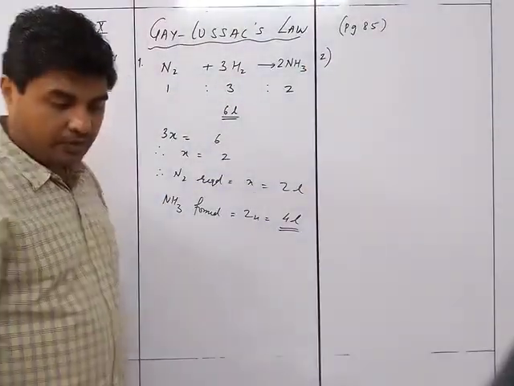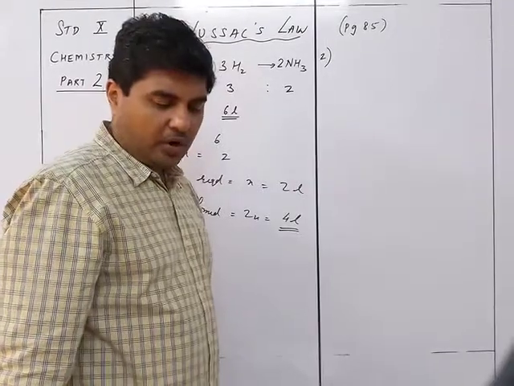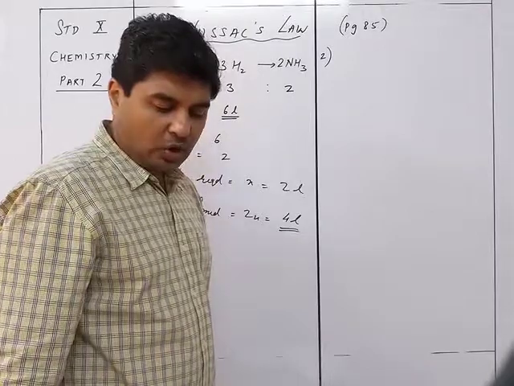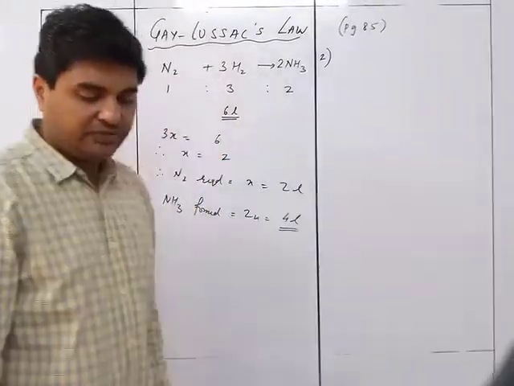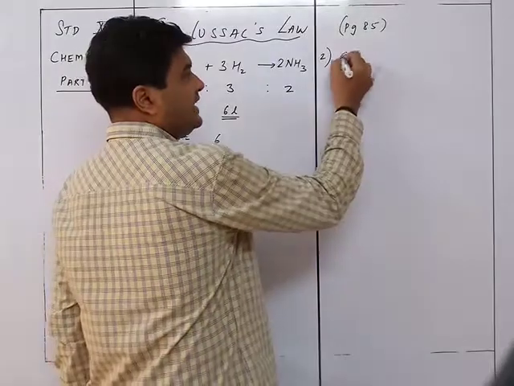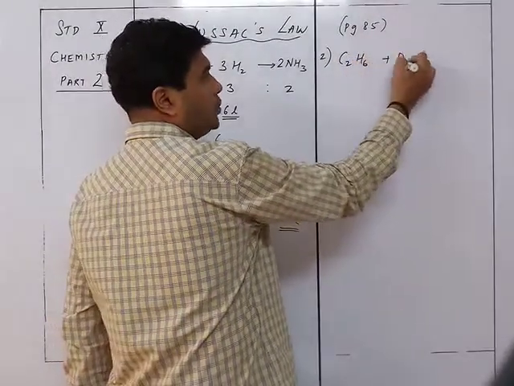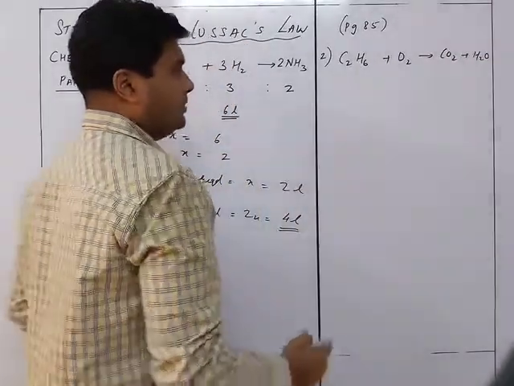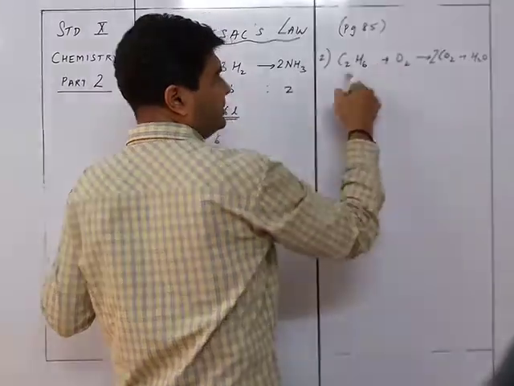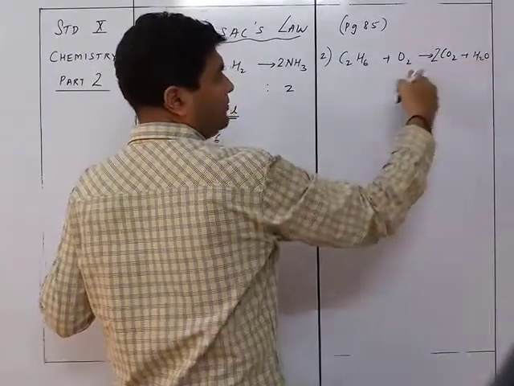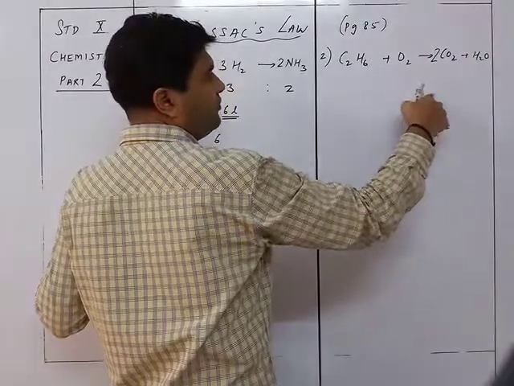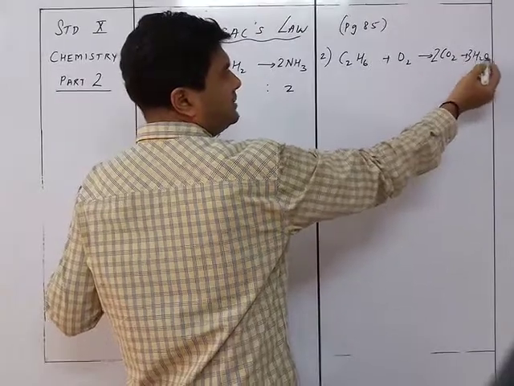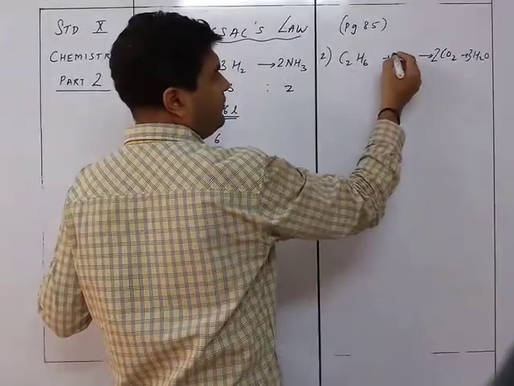Question number 2. 250 cc of oxygen was burned with 600 cc of ethane. Calculate the volume of unused oxygen and the volume of carbon dioxide so formed. First of all, we need to write the reaction as C2H6 plus O2 gives CO2 plus H2O. Now C2, so let's try it with 2 over here. This will give me O as 4, 5, 5. So this will not be 5, this needs to be 3 out here. That will give me 3 and 7, so it will be 3.5.